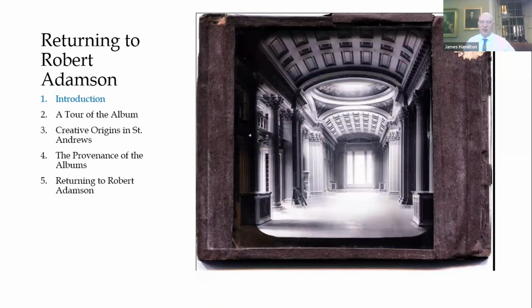Now, these form part of what I call a small but useful collection of Scottish historical photography. I mean useful in the sense that we can use it to present to visitors more or less all of the important names in Scottish photography during the 19th century, and most of the important techniques. And we can also illustrate the ways that photography was enjoyed, used, exchanged, the part it played in networks, etc. But there's always one important gap in that collection until October 2022, when on Halloween I was recataloguing